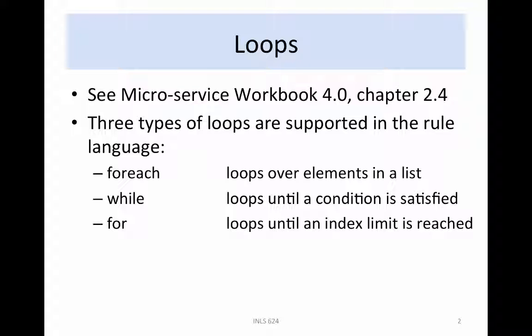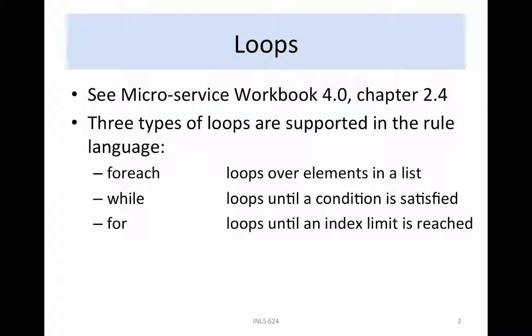The three loop types are foreach, loop over the elements in a list; while, loop until a condition is satisfied; for, loop until an index limit is reached. The foreach loop is used to process the results of a query on the metadata catalog. The while loop can be used to iterate until a process completes correctly. The for loop can be used to iterate a defined number of times, such as the creation of an explicit